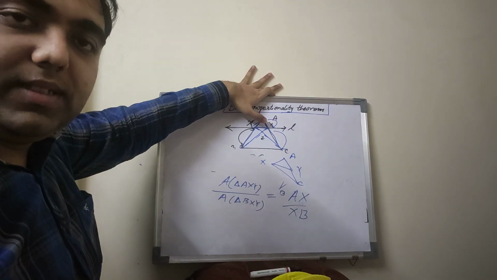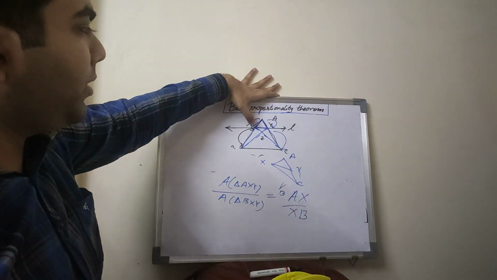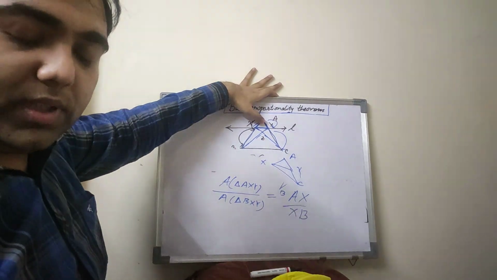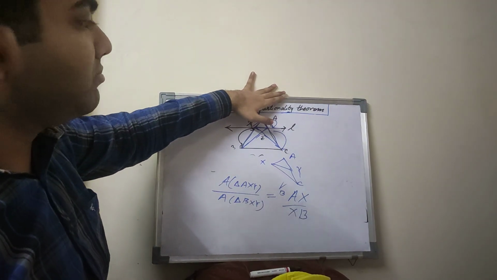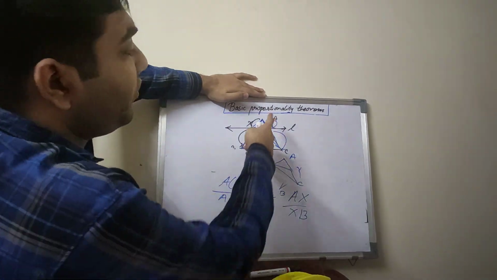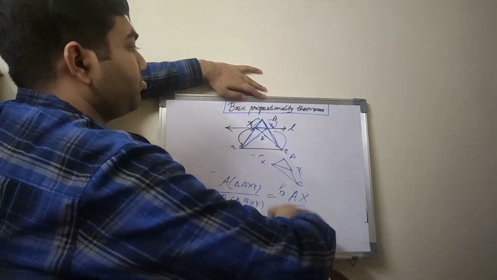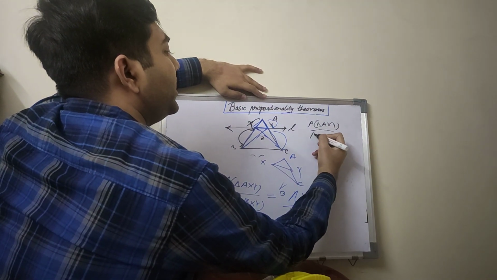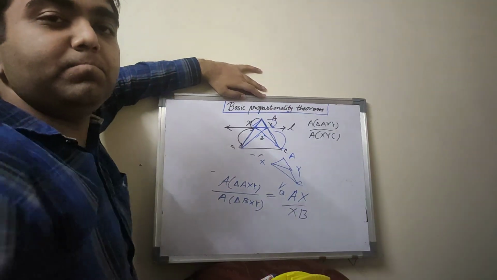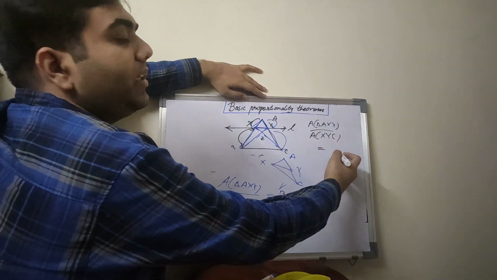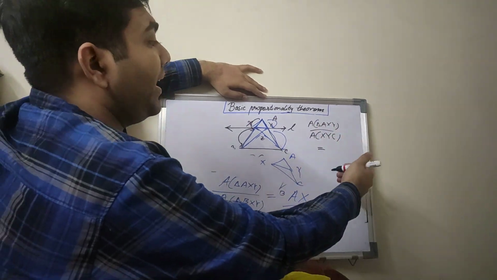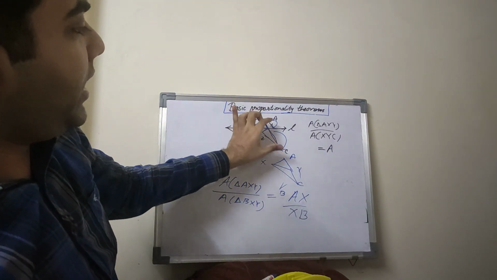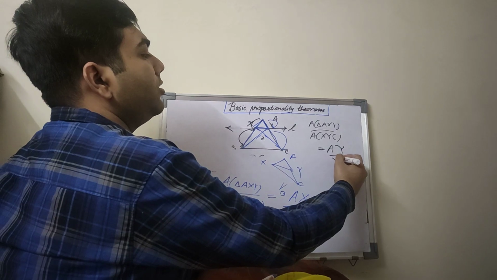These two triangles have different bases and common height. For constructing the height, draw a perpendicular from X till the line AC. The segment which we are going to get is common. It will be the height common to both these triangles. So I can always write something like this for this case also. Let's just write it down. Area of triangle AXY upon area of triangle XYC. Since they have a common height, I can write the ratio of their areas as nothing but the ratio of their bases. And what are their bases? AY and YC.